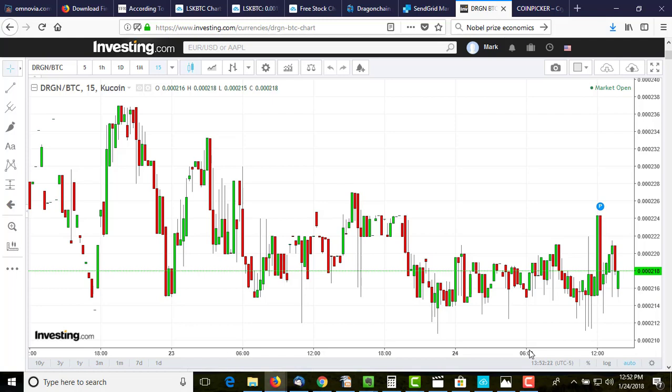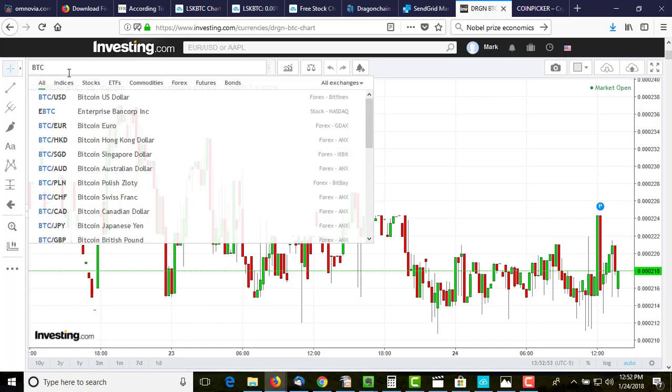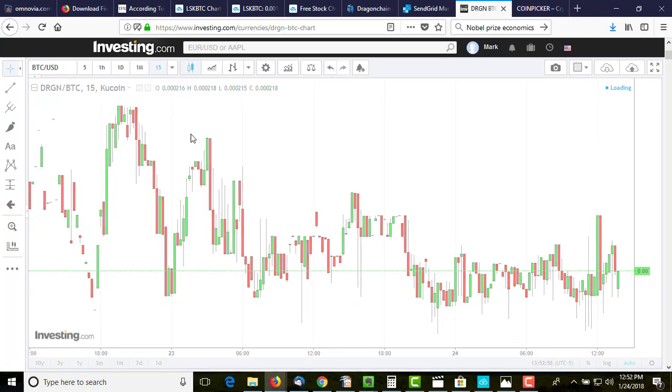However, I think Dragon Chain also has a lot of competition, but Dragon Chain has the backing of Disney, and it is a corporate-friendly project. However, it hasn't been fully delivered, and that's the issue. Long term, both of these could rise. Currently, and for the past history, both of them have been susceptible to the entire market trend. And in my opinion, right now, let's take a look at BTC to USD. Okay, BTC USD. Let's take a look at our investing.